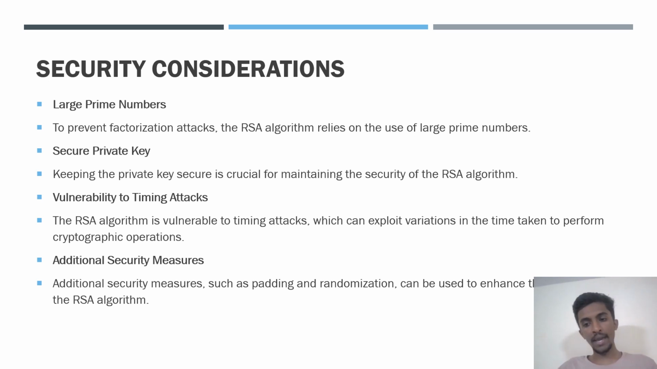Keeping the private key secure is crucial for maintaining the security of the RSA algorithm. If we can't get a proper private key, then there is no use of doing that at all. So that's why we need to keep a proper private key in order to secure the information. And vulnerability to timing attacks. The RSA algorithm is vulnerable to timing attacks, which can exploit variations in the time taken to perform